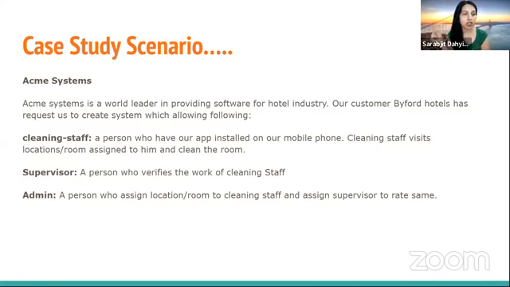These are the things that they want to do based on what we understood from the requirements. The staff needs to put in their available work hours, log in, log out, check the schedule, start the timer when cleaning a room, and then add notes after cleaning is done. The supervisor would be updating the checklist, assigning rooms to the cleaning staff, assigning type of cleaning, monitoring staff activities, rating staff, and creating schedules.